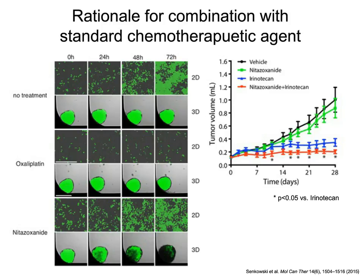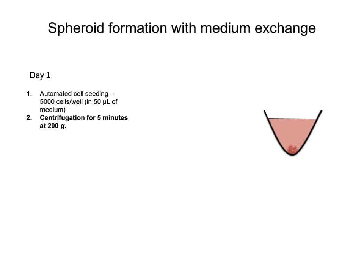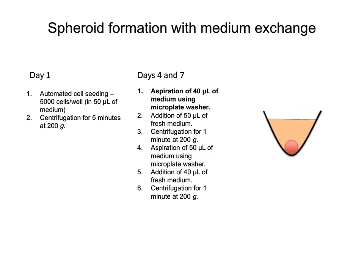Sometimes, instead of using a quiescent spheroid model, we might want to use a more proliferative one, the one that is not so metabolically stressed. And for that, we need to exchange the culturing medium during our spheroid culturing process. So after the cell seeding and centrifugation and 4 days of spheroid growth, when the medium is digested, we first aspirate it with a 96-channel microplate washer. Then we add a fresh medium